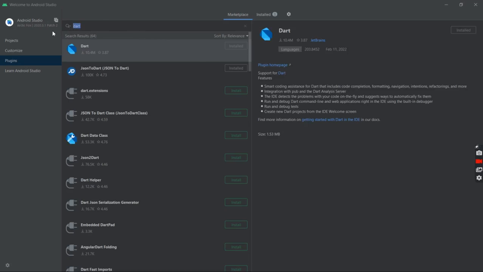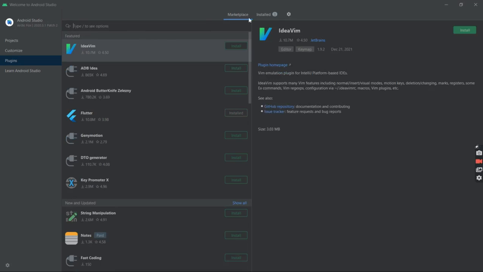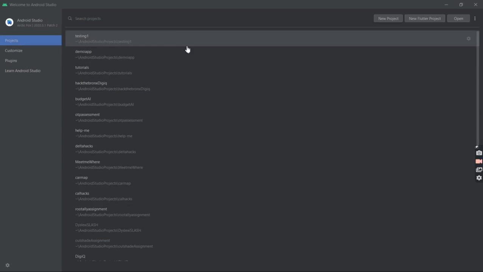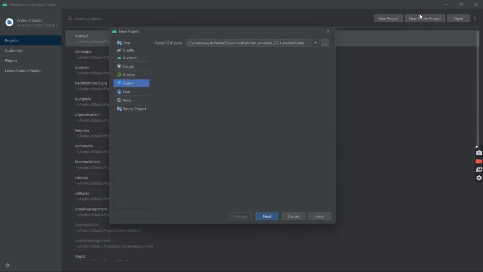And once you are done installing both of those, you have to restart your Android Studio. Android Studio will itself tell you to restart. And once you are done restarting, when you open this tab, you can now see the new Flutter project button. So I'll tap on new Flutter project, and I'll tap on next,